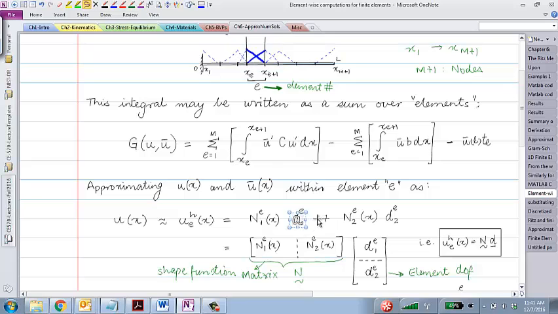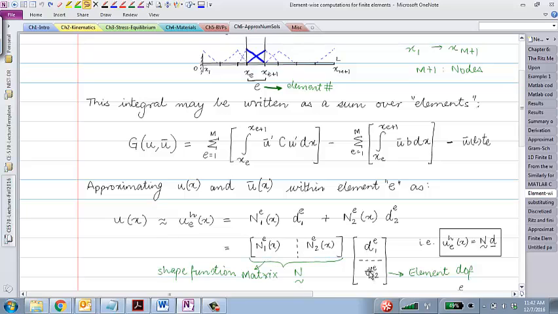So this right here is displacement of element E at node 1, and DE2 is displacement of element E at node 2. If I know those two values, then the functions that go from 0 to 1 and 1 to 0, if I combine them, will give me an approximate value of displacement within that element. And that's the key idea of finite elements, where we approximate real displacement as N1, N2, which is written right here,